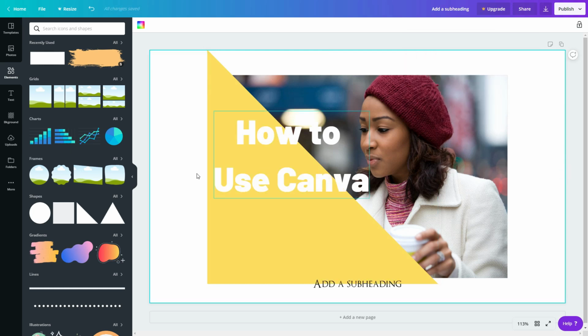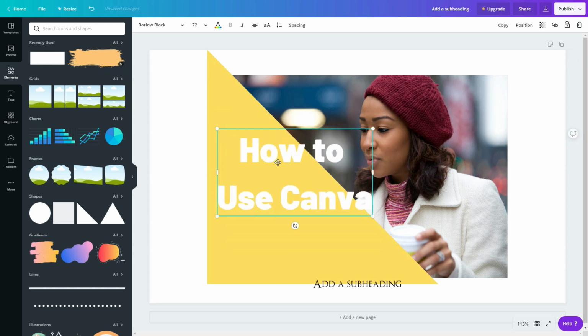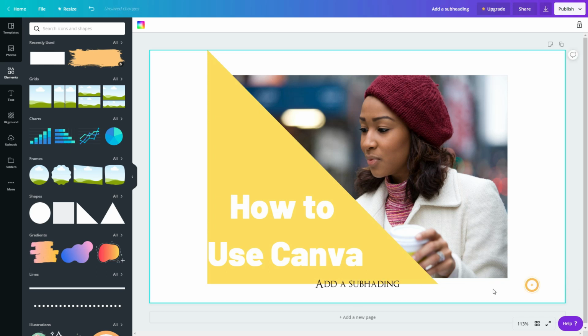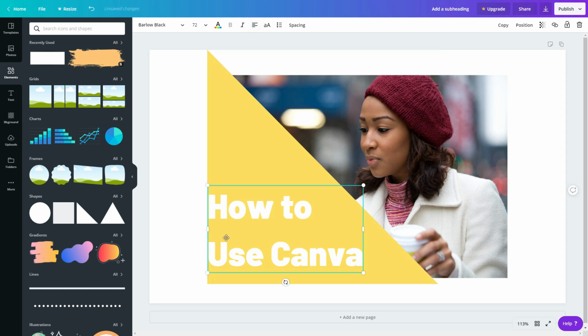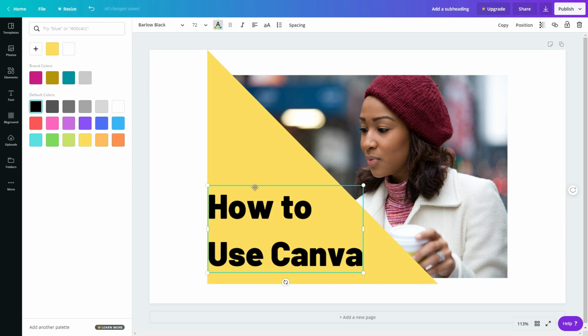There we go. Now here's where you have the opportunity to either, you can overlap like this. It's cute like that. I would maybe change the color. Or you can put it this way. Let me delete all this extra stuff here. Oh, this is a subheading, so we'll just leave that. Okay, so here, what I would do is I'm going to align it on the left-hand side, maybe make it black so it stands out against this. I can even